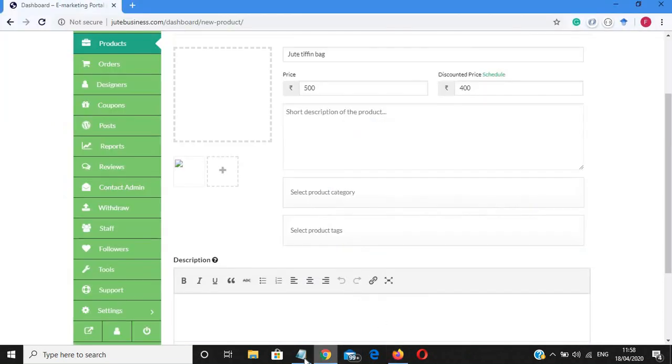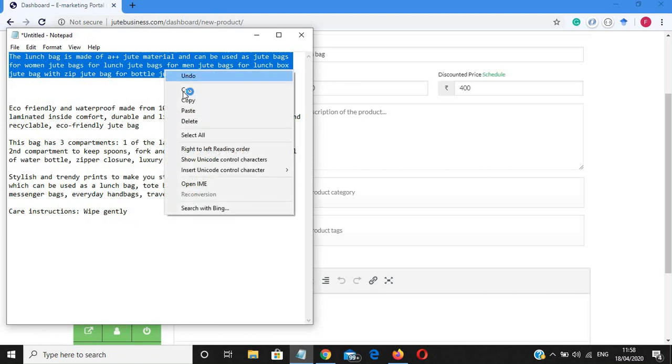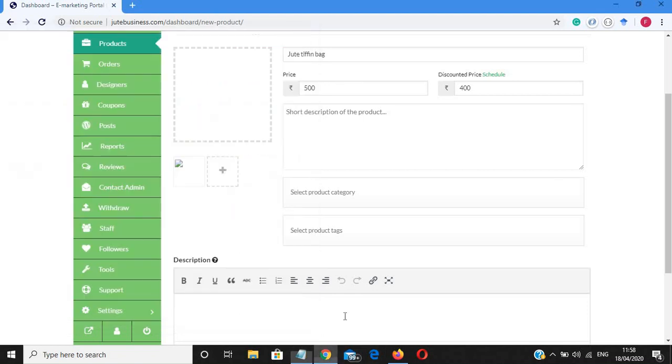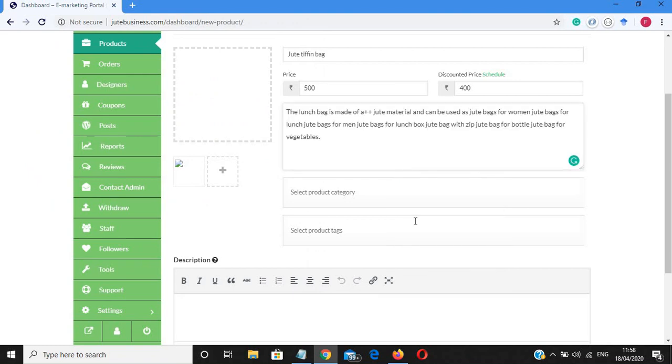I have already copied some short descriptions, so I am just copying it and pasting it here. I copied some random short descriptions from the internet, because this is a dummy product and I am uploading it only for demo purposes. But when you upload a product, please write a description in this section. Okay, so the next section is